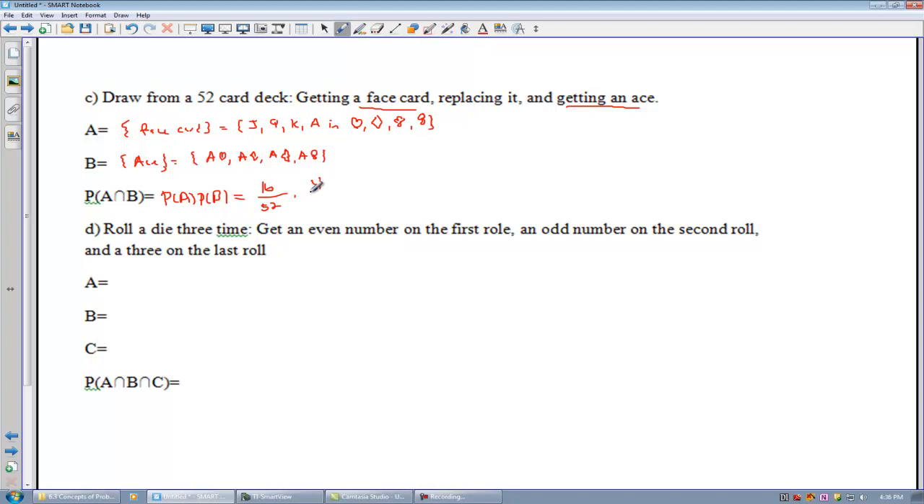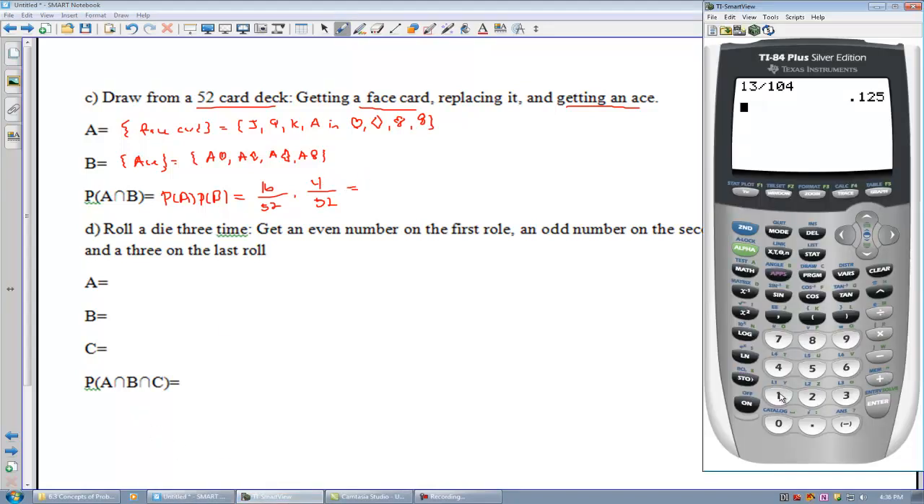Well, the number of things in B, we just said was 4, right? And we divide by the number of things again in the sample space, which is still 52 because we replaced the card, so you have 52. And so this is then equal to 16 times 4. Right? Well, I can do that on my calculator. So 16 times 4, which equals 64, divided by, and then 52 times 52,